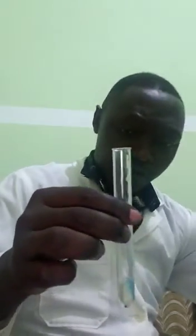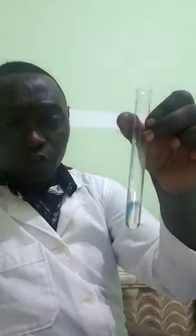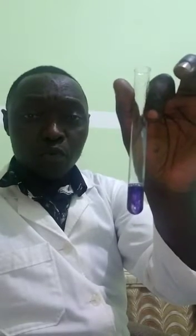Now you observe that a blue ring is formed at the surface of the solution, and when the solution is homogenized, homogenization means you mix well. Once homogenized, the color changes to purple or violet. This indicates the presence of proteins in the food sample. So the observation here is that the color changed from blue to violet, indicating the presence of